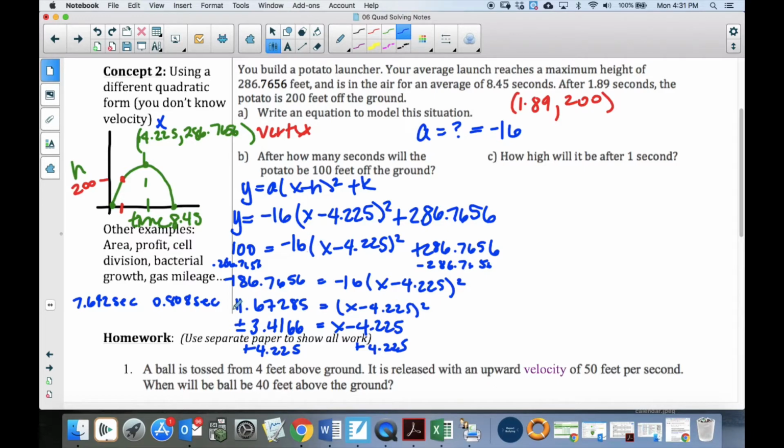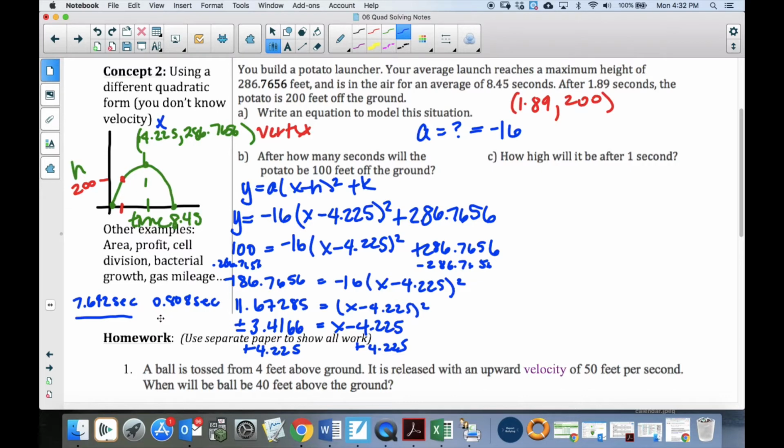Okay, I went ahead and finished out the problem. So I divided by 16, and then I took the square root. And when you take the square root in the middle of an equation, you have to give your plus and minus. So I had plus and minus 3.4166. Then I needed to add that 4.225 to both sides. And so remember, what that means is you're doing two things. You're taking a positive 3.4166 plus 4.225, and you're taking a negative 3.416 plus 4.225. And so your two answers are